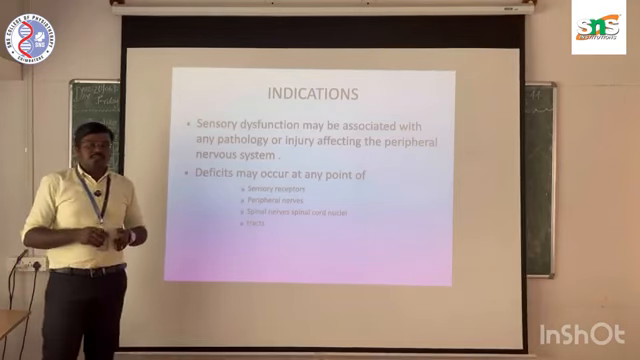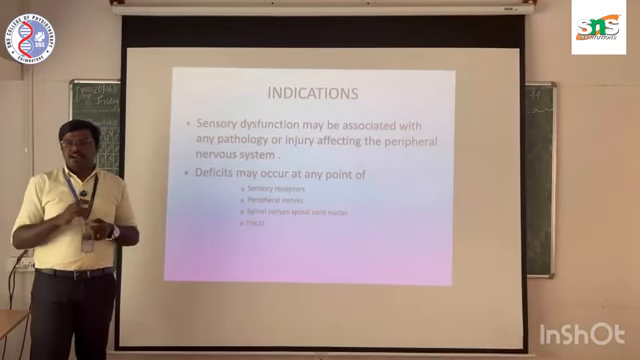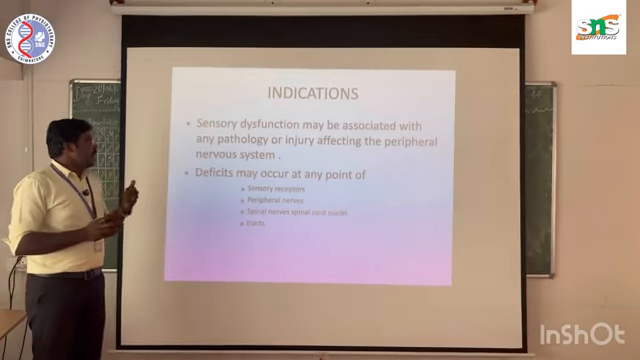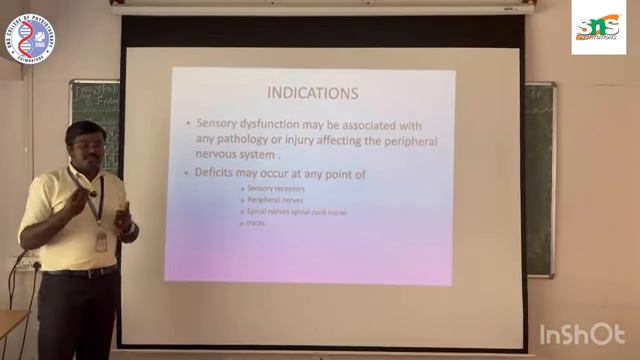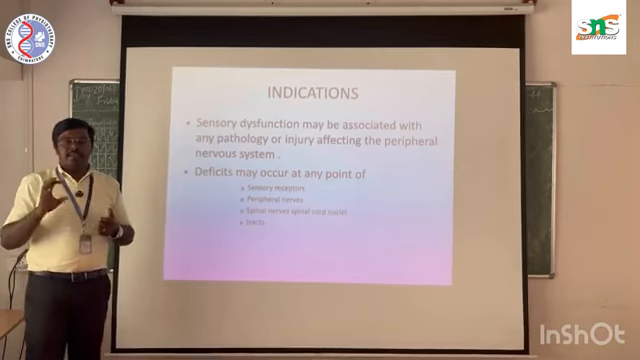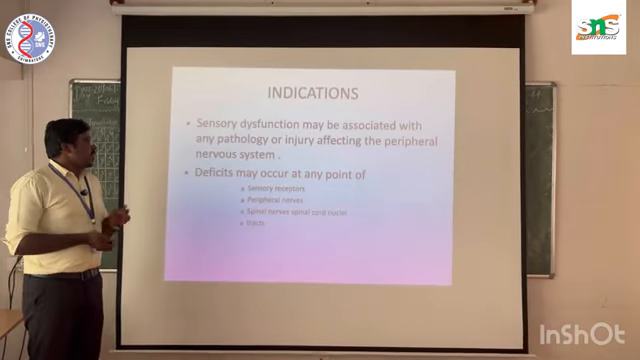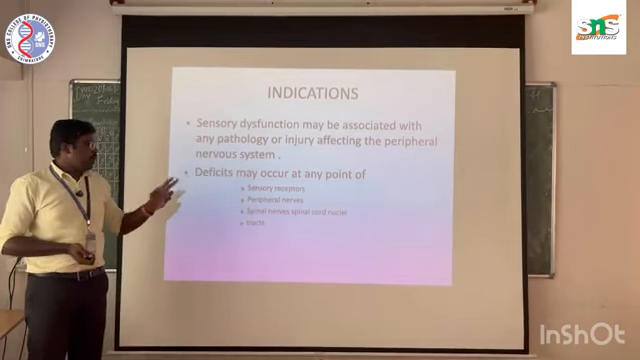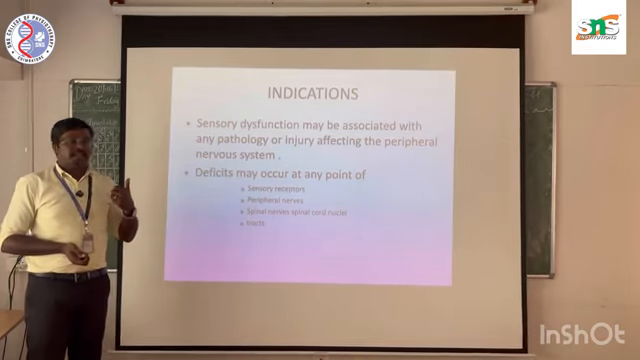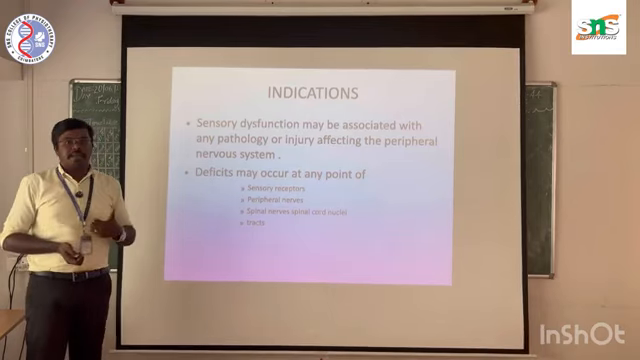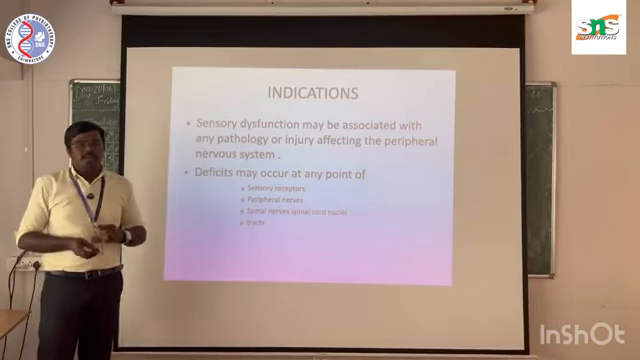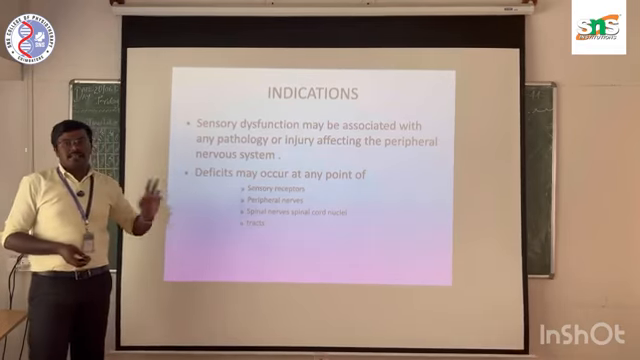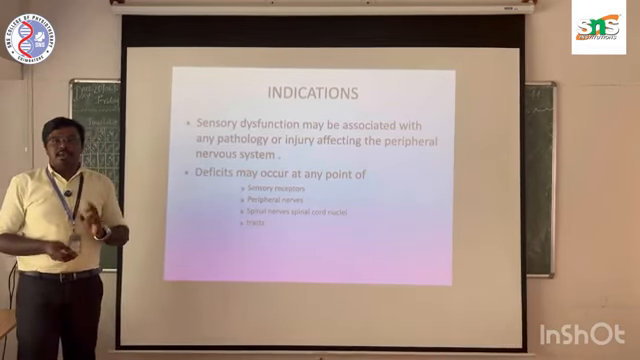Which conditions must we assess sensation in? Any sensory dysfunction due to any pathology or injury that affects the peripheral nerves, and also any deficit occurring at any point of the sensory receptor, peripheral nerves, spinal cord nucleus or any tract. These receptors and tracts carry the sensory information,